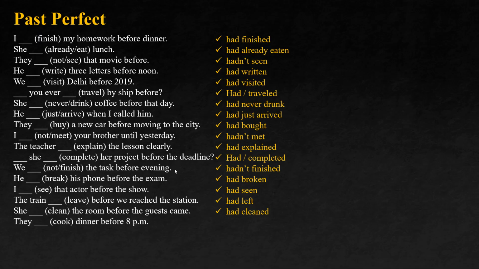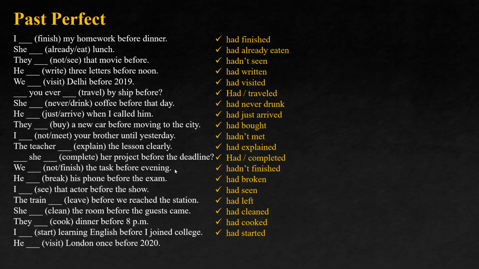Yogesh. They had cooked dinner before 8 p.m. I had started learning English before I joined the college. He had visited London once before 2020.